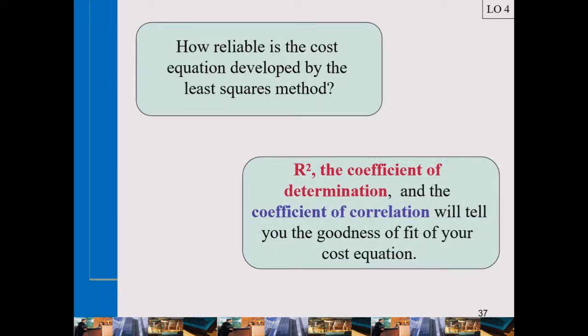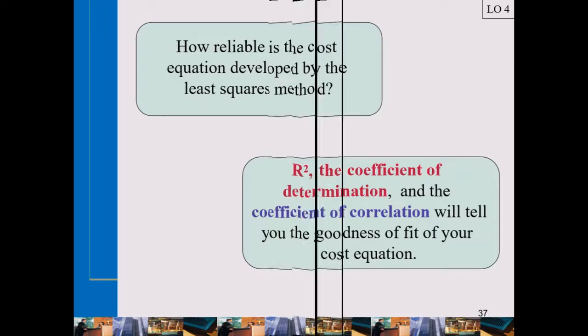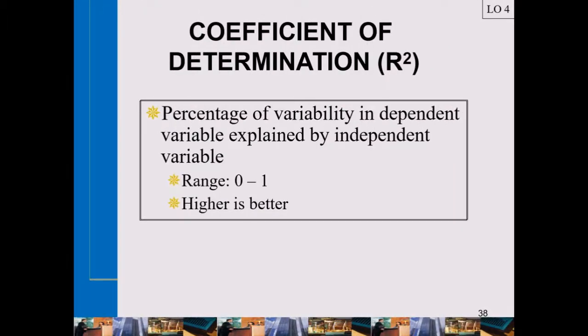So, para makuha na ang reliability, mag-apil na ta sa mga goodness of fit measurements. So, we have the coefficient of determination and the coefficient of correlation. These are methods to determine the goodness of fit of our cost equation. Kani siya is mga statistic topics, no? Ang computation ani is more na fall under sa statistics. Ang pagkuha ani sa Excel is magamit ka sa Pearson or sa correlation nga function. Now, for kita una sa atong R2,